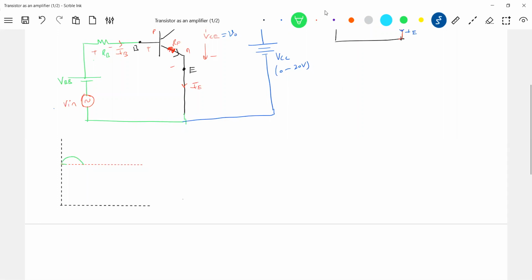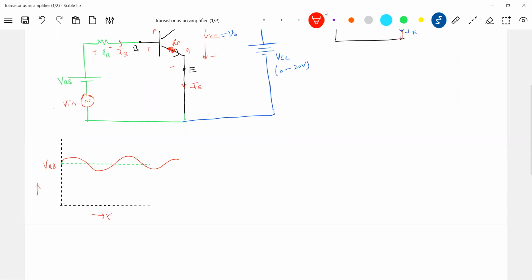For this, we are adding the red color. The green color is the DC signal. For this, I'm adding an AC signal. I think you have worked this out in AC circuits, and this is VBB. When you add some voltage, it will fluctuate. So this is what happens to the input voltage at the input circuit.